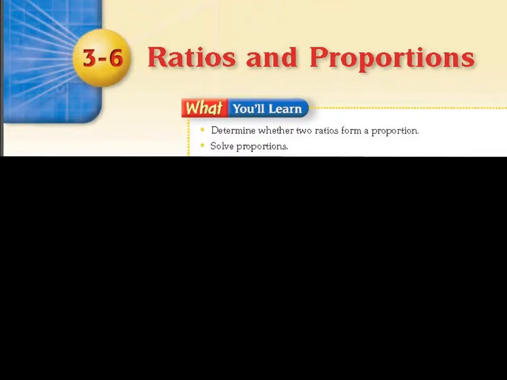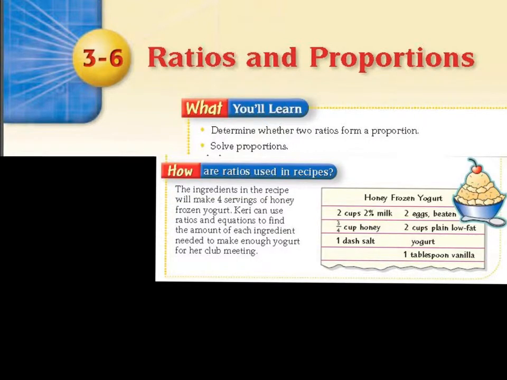The topic for Lesson 3.6 is ratios and proportions. You'll determine whether two ratios form a proportion and solve proportions. An example of how ratios are used in recipes: the ingredients in the recipe will make 4 servings of honey frozen yogurt. Carrie can use ratios and equations to find the amount of each ingredient needed to make enough yogurt